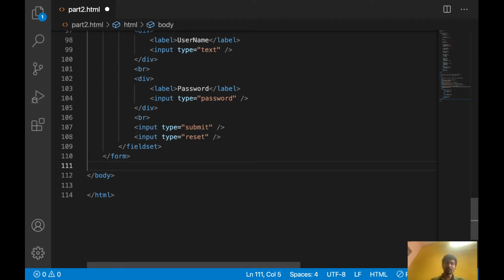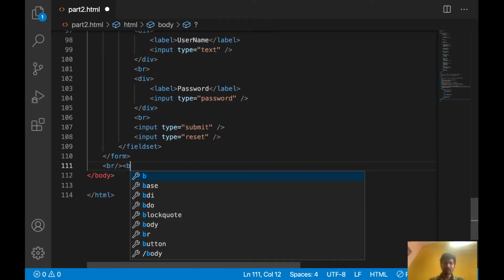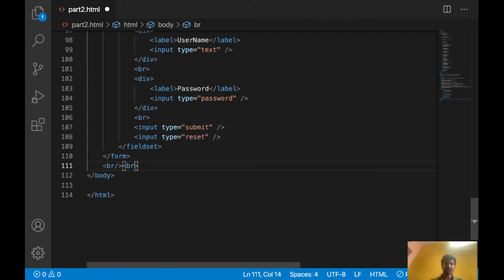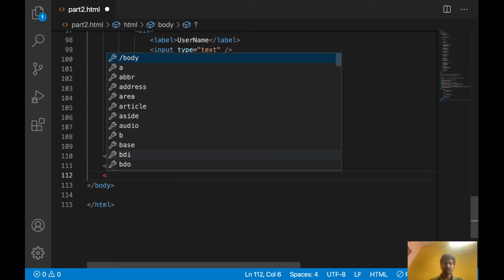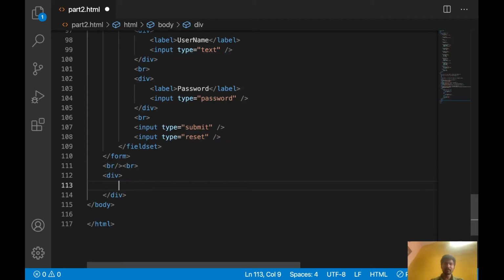So after the form, let's use some breaks. Breaks or margin, you can give anything. For now I am giving breaks, but it is better to use margin. Okay, so let's use one element.